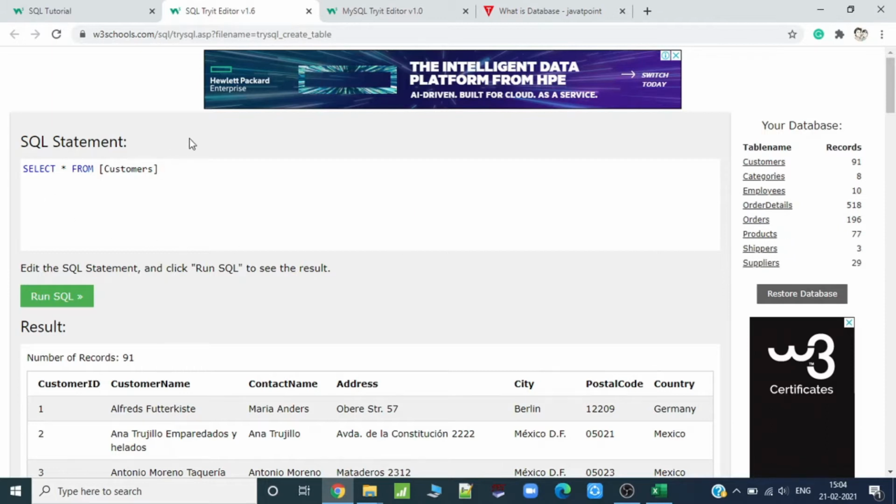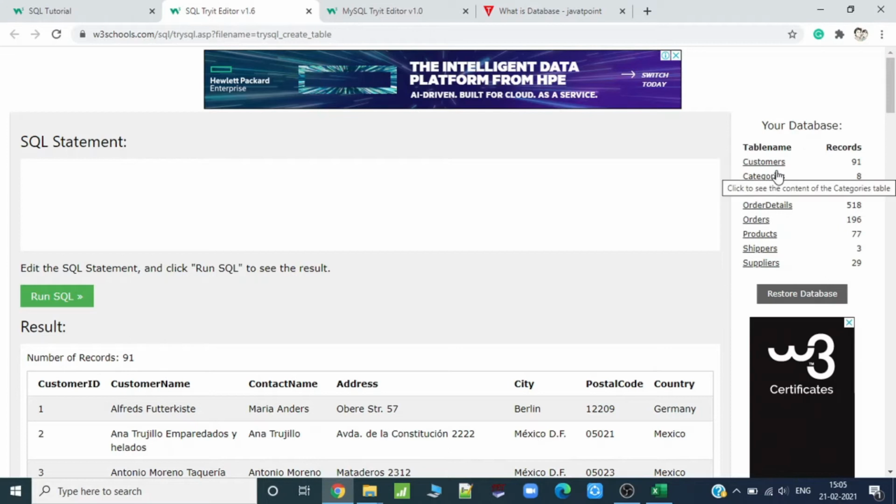Before the first step, we are going to have the select query. I will show you how to create the database and how to create the tables at the end of these lectures, because that will give you something to work on. But other than those, all other queries are very simple and you can learn them in just two or three hours. So first I will go with select.